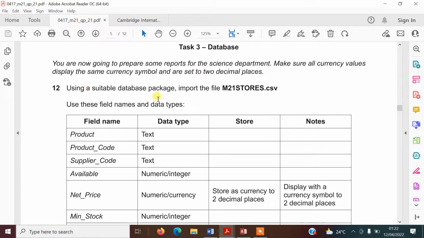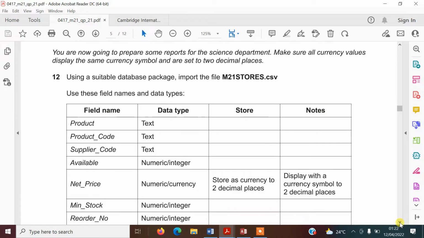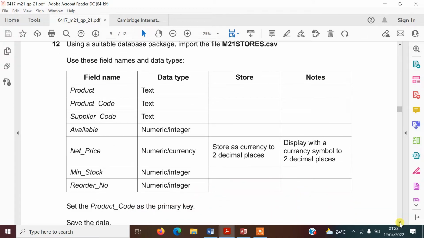Then it says, using a suitable database package, import the file m21stores.csv, and these data types in the table here are what we need to use. And it says set the product code as the primary key. So I'm going to go ahead into Access,